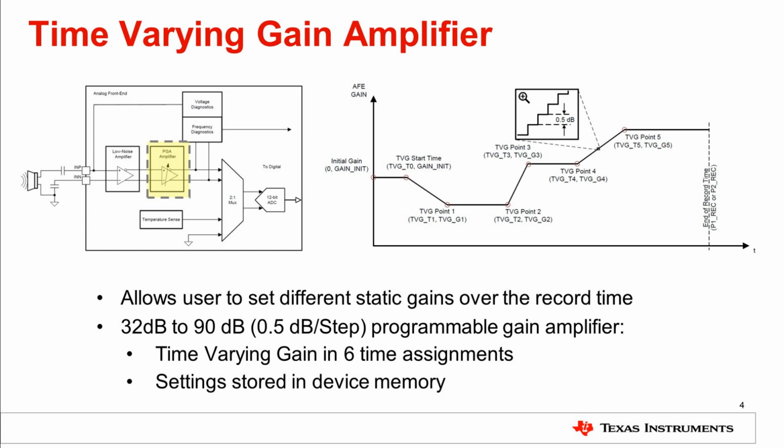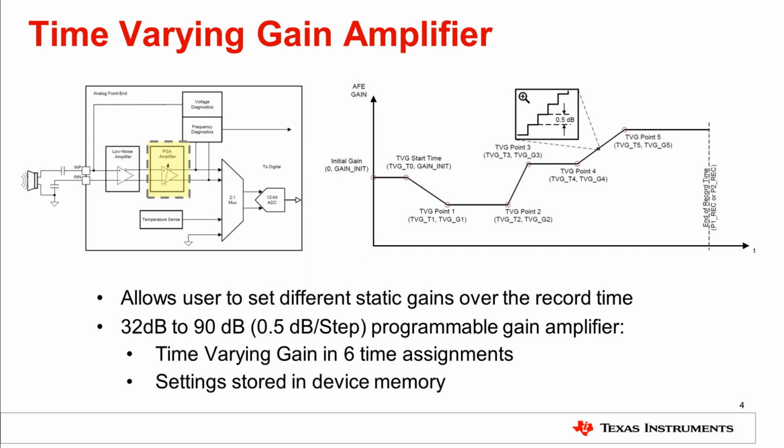The time-varying gain parameters are typically stored in a device memory and characterized by the initial fixed gain parameter, a time-varying gain start time value, and an array of 5 gain-varying cross points. The time value, or TVG start time, is expressed in terms of absolute time, and all following TVG points are expressed as a delta time between the current and previous point. All gain values are expressed in an absolute gain value in dB and are unrelated from each other.